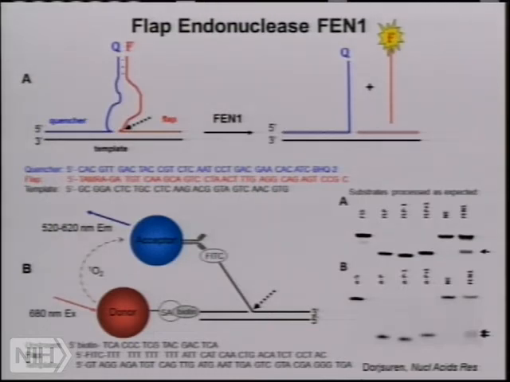So to do this, we generated this substrate where the flap structure is unperturbed here, and we placed fluorescent donor and quencher at this distal part of the molecule such that FAN1 can still work on this part of the molecule, which is pretty much like the natural substrate, and the donor and quencher dyes or appendages wouldn't be interfering with the enzymatic activity. This way you can test the reaction in the most native state.